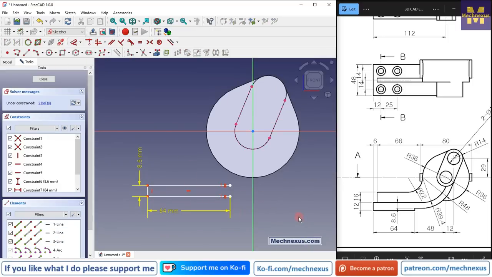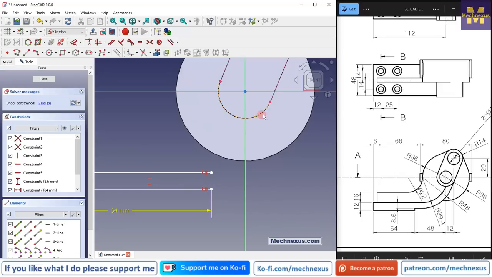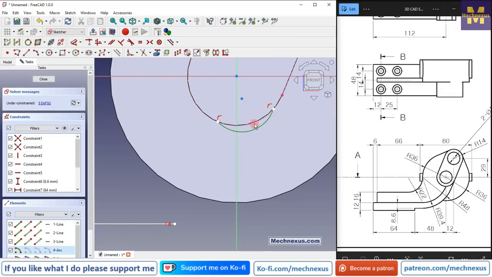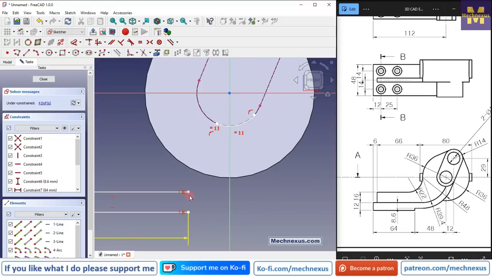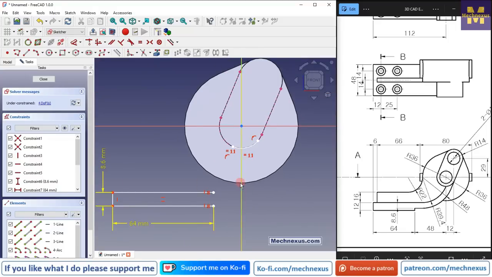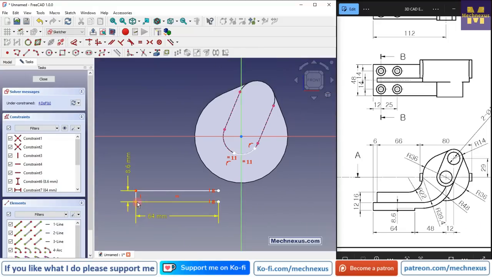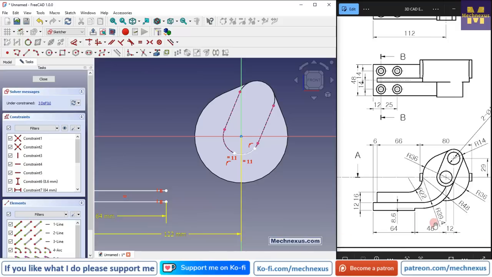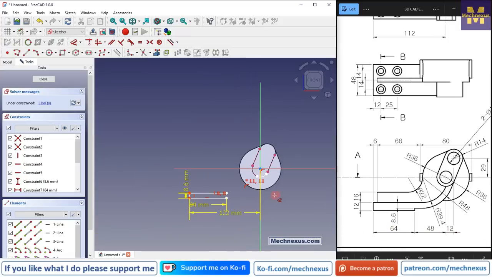and now we will create a 3-point arc here. Select and create a 3-point arc and make this and this as equal, and now let's fix this point with the origin and give the horizontal dimension of 122. You can check this dimension by adding this, and now